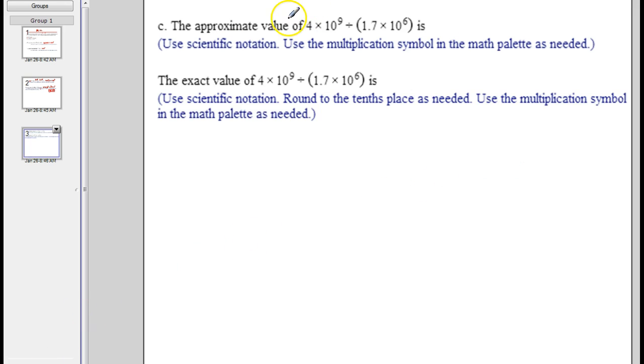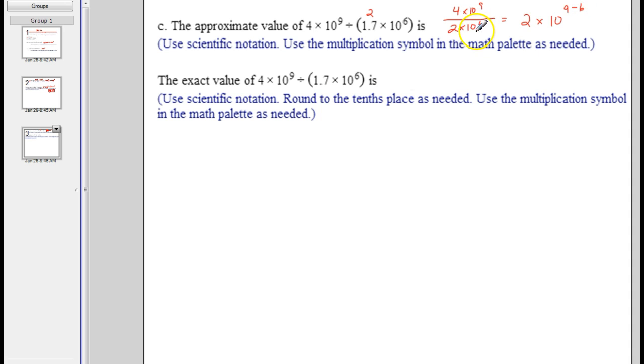Alright, and then part C, the approximate value. So once again, I'm going to round this. Alright, 1.7 rounds to 2. So I'm going to divide 4 times 10 to the 9th by 2 times 10 to the 6th for my approximation. And again, the way I do that is I divide the things that aren't powers of 10. So 4 divided by 2 is 2. And then 10 to the 9th divided by 10 to the 6th is 10 to the 9 minus 6